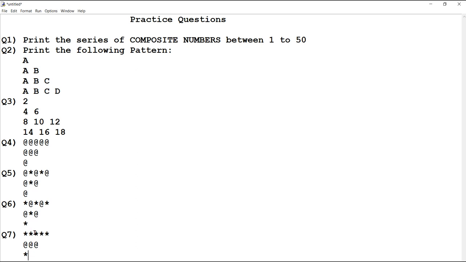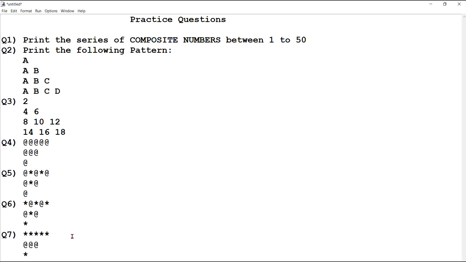You can change it also. Wherever at the rate, you can place star, wherever star, you can place at the rate. You can have any special character. I have used some special characters. You can use hashtag, dollar, anything you can use. So hopefully these questions are clear to you. You can do them in your classwork copy and get it verified.